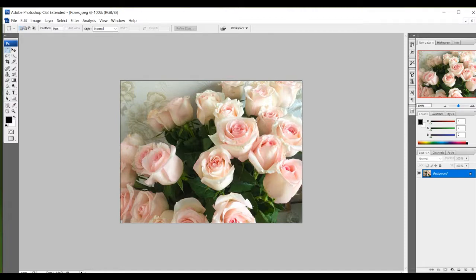Okay, now we'll go for the further point of our lesson, that is selection tools. Now selection tools. So in this way we are going to open our file or images onto our screen. Now let us select the marquee tool. Now selection tool. We are going to start with the tool palette now. These are all selection tools.